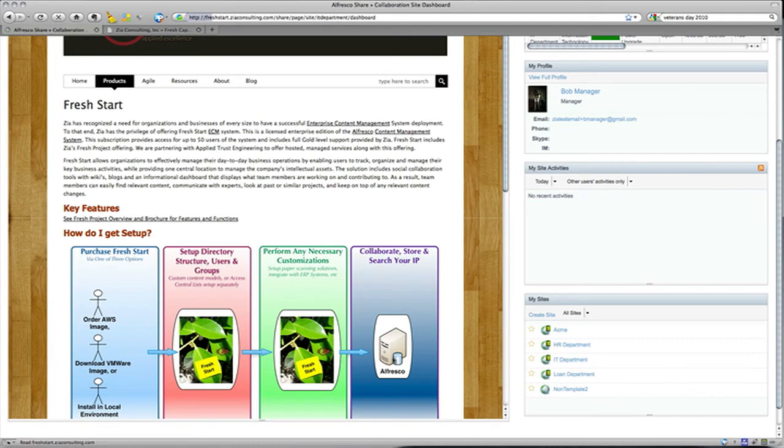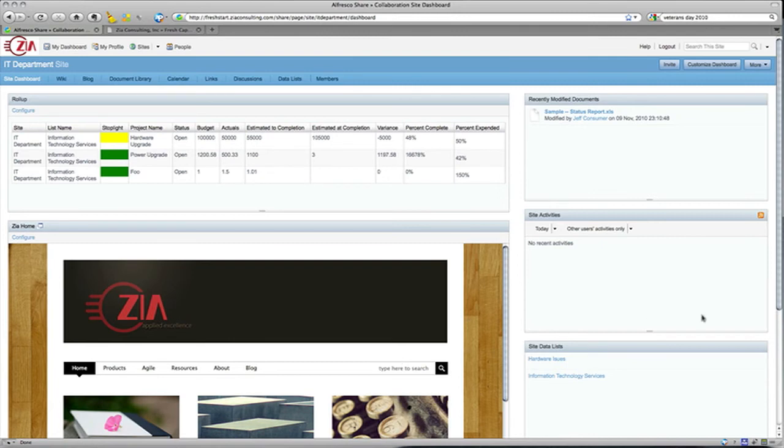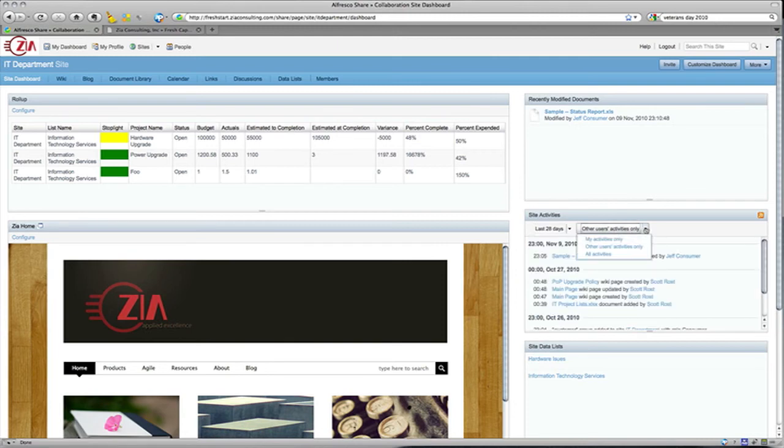So the IT department has got a different look and feel than the one that I had on my dashboard. And so every time I create a new site from one of those templates, it'll look the way that we have them laid out. So I can see kind of the pulse of what's going on. I can see that the sample status report from Jeff has been modified. Jeff the consumer, this is definable as well. You can say the last 28 days show me all activities,